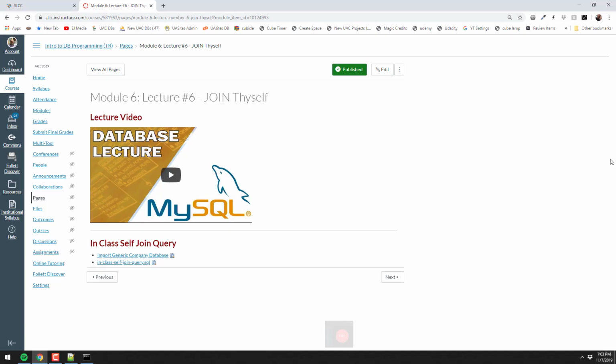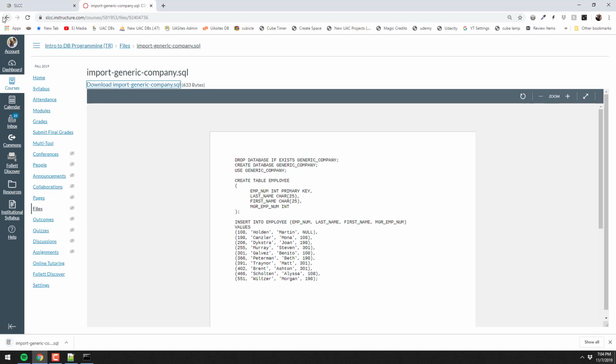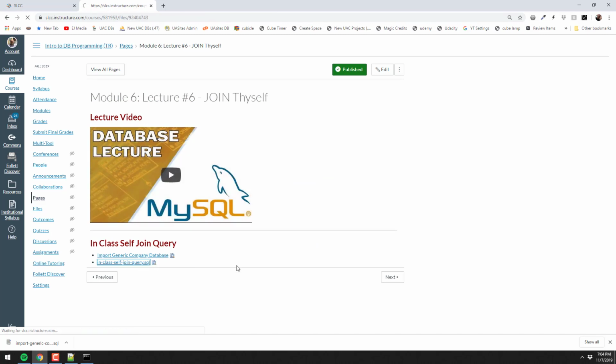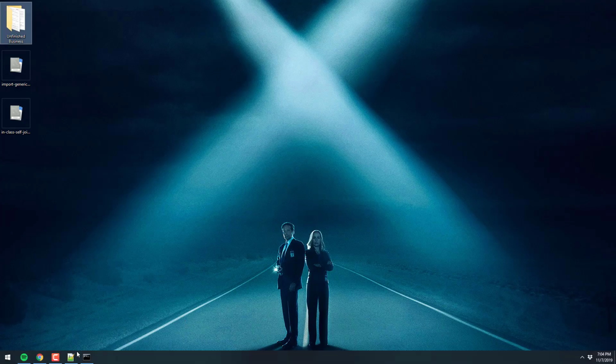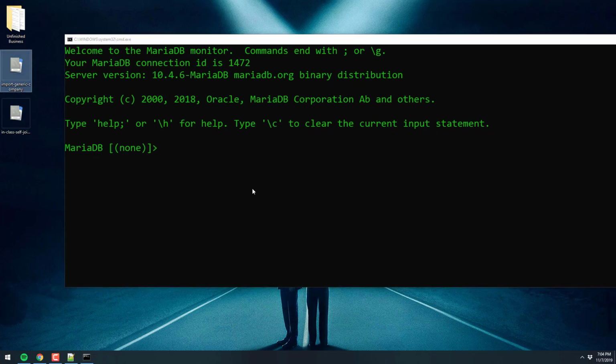What I have here is these files. You can download them whenever you want. We're going to download this one. So you click on it, and then you come here and click on it again, and it'll actually download it. And then I'm going to go back one page and download the other one. The other one, it's just some of the queries we're going to write today. Okay, so download that. The first one, though, that we downloaded is actually an install of a database called generic